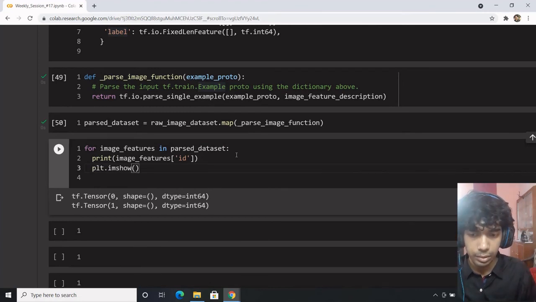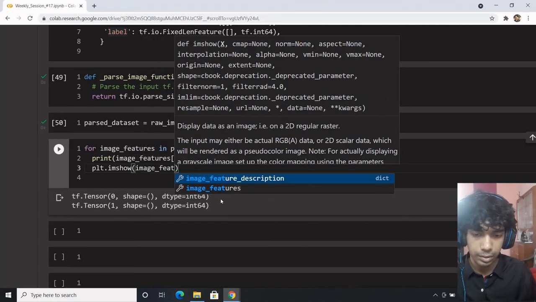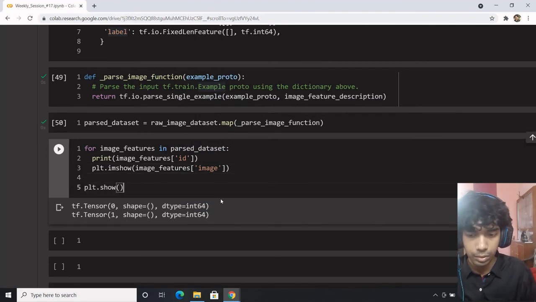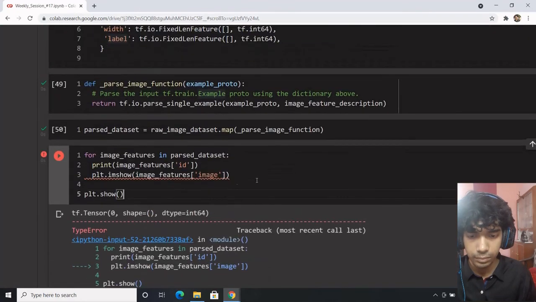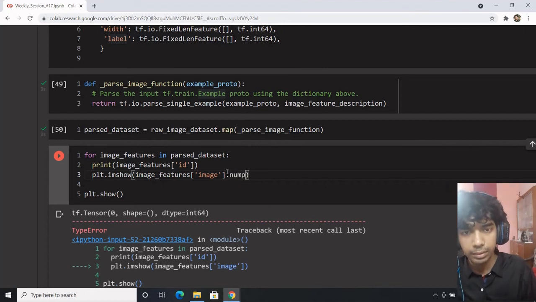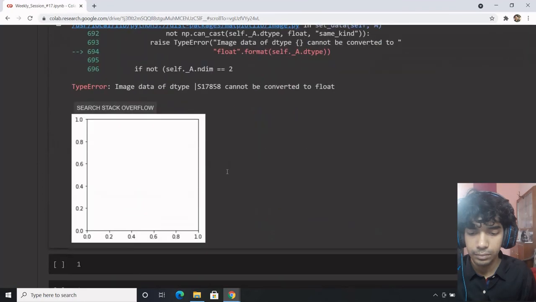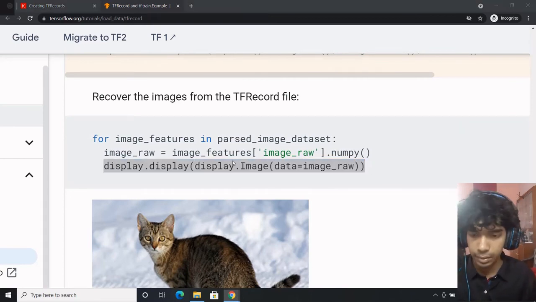plot.imshow, plot.imshow image features image, and finally plot.show. Yeah, it's not in numpy format. We can make a numpy format out of it. Or I think we need to use display thing.